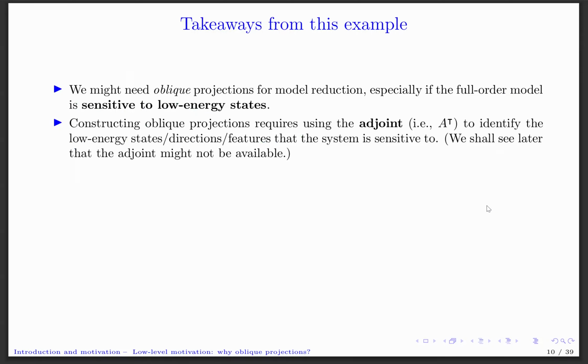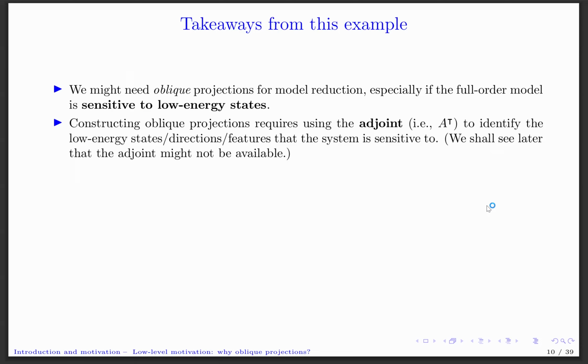So what's the takeaway? The takeaway is that we might need oblique projections for model reduction, especially if the full order model is sensitive to low energy states. The difficulty here is that constructing appropriate oblique projections requires using the adjoint to identify the low energy states, directions, and so forth that the system is sensitive to. In the last third of the talk, we'll see that the adjoint might not always be available, for example, if we use commercial software or legacy codes,